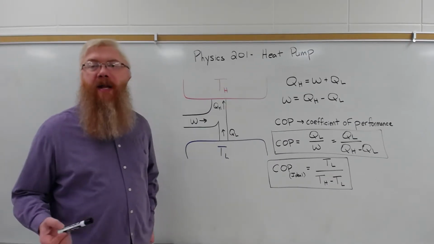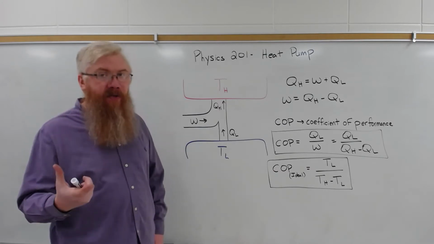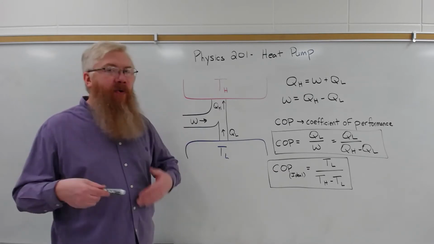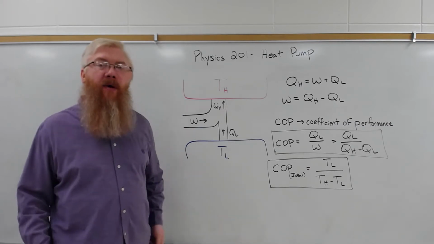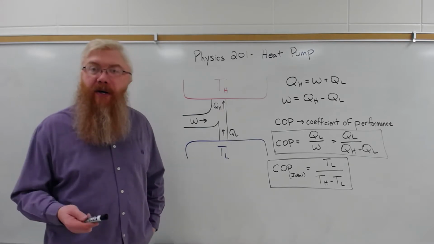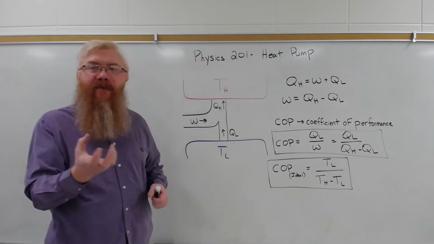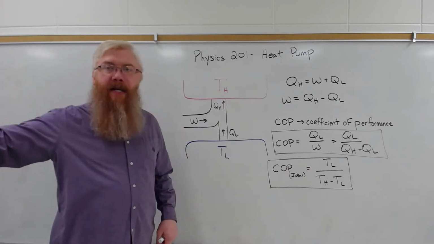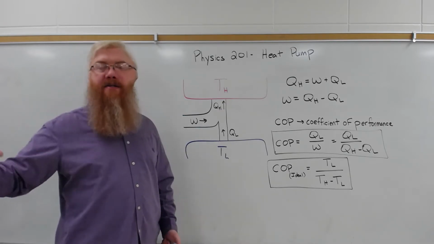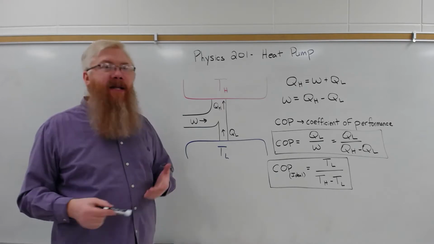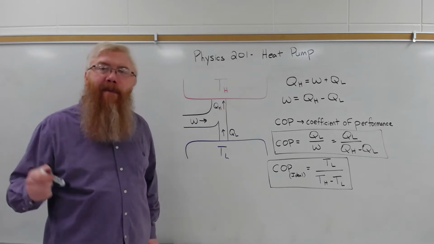The second law of thermodynamics states that heat does not spontaneously move from a cold reservoir into a hot reservoir. But what if you wanted to? What if you want to remove heat from a cold reservoir and dump it into a hot reservoir? For example, a freezer or a refrigerator, where you want to take energy or heat, pull it out of the icebox and dump it into the kitchen, right? The idea is to make the icebox colder, and then the consequence is to make the kitchen a bit warmer. That doesn't violate the law of conservation of energy. The energy still goes somewhere, but it can't happen spontaneously.